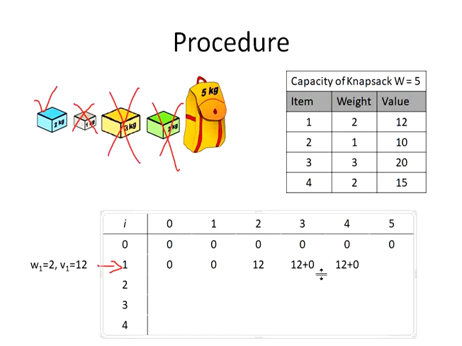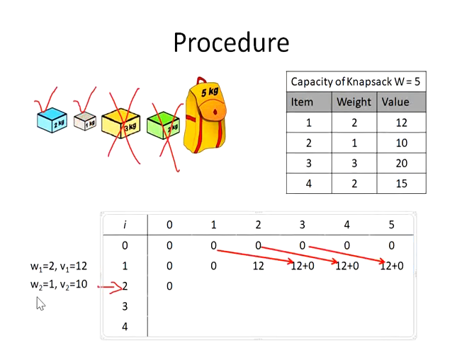Next one is, can I insert a weight of 2 in a bag of 5? Yes, it is 12 plus the value of 3, as weight 3 is remaining. What is the value of 3 in the previous row? It is 0. So I have to add that with this and compare with the previous row. So 0 and 12 are compared. Amongst these two, 12 has the greatest value, so 12 is retained.